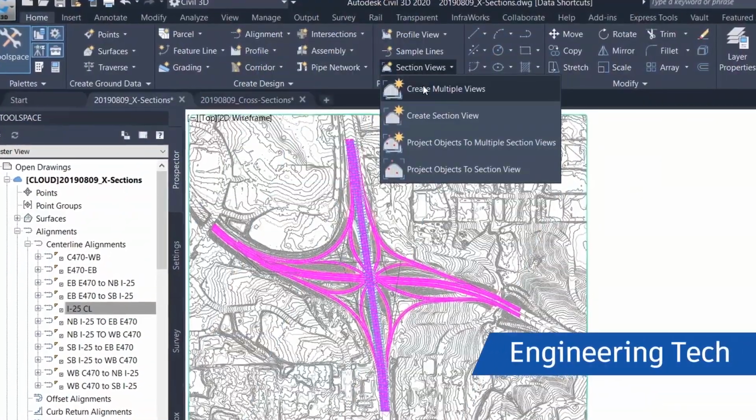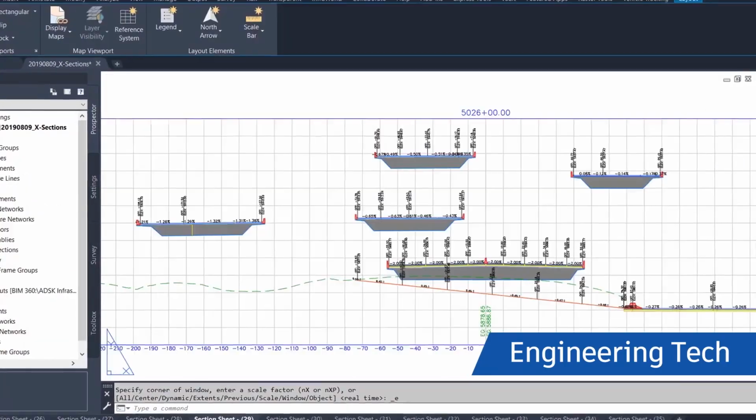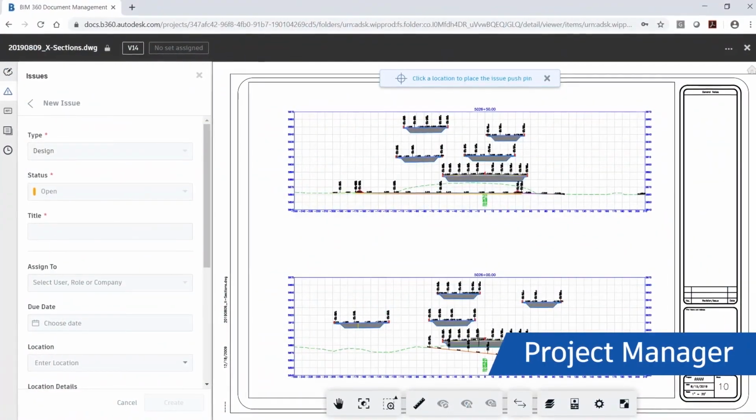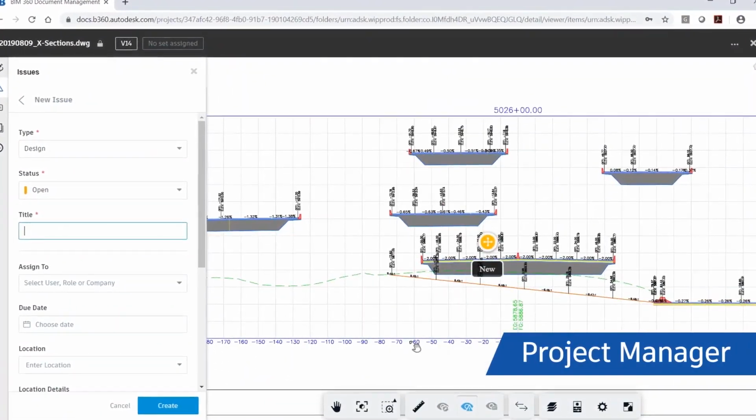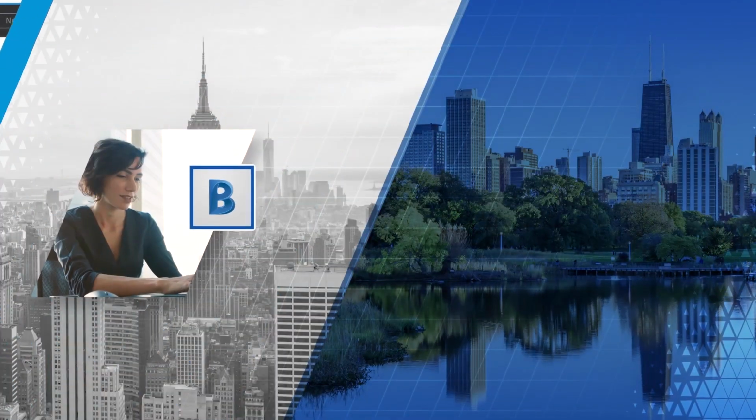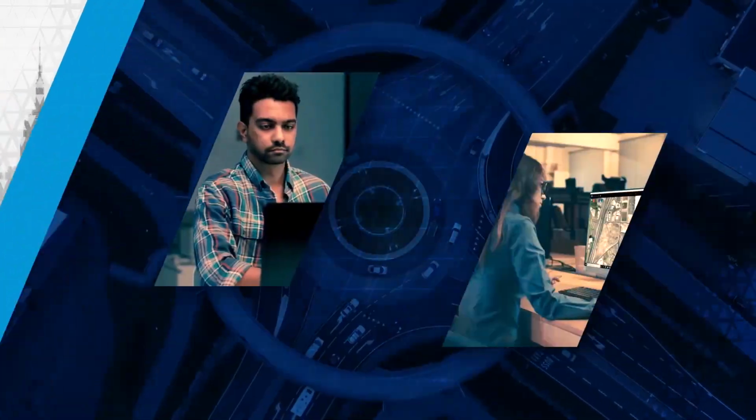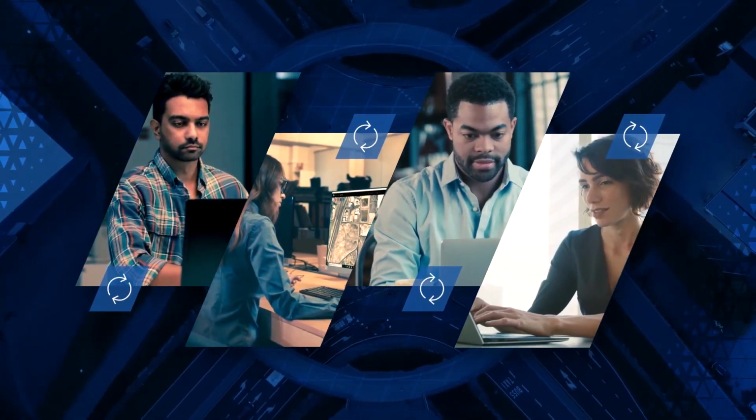Next, an engineering technician references the surface and corridor, creates sections, and saves the drawing. Finally, the project manager reviews the section sheets, creates markups using revision clouds and comments, and assigns the issue to the technician. Once markups are complete, members of the team are notified and the appropriate changes can be made, completing